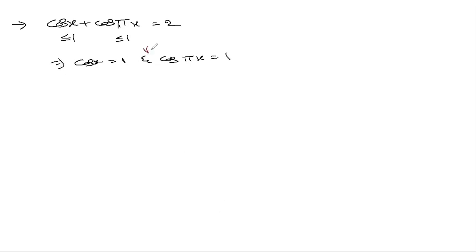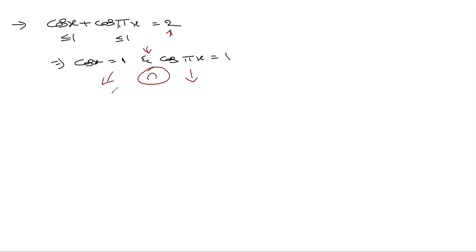So here this and this both should be equal to 1. Then only here it is 2, otherwise not. Whenever cos x equals 1, we cannot directly see whether cos pi x is 1 or not. So we do one thing: let us find the solution of this and the solution of this, and find the intersection. In the previous problem, whenever cos x equals 1, it is clear that cos 2x also will always be equal to 1. Here pi x is there, that's why we cannot see directly.